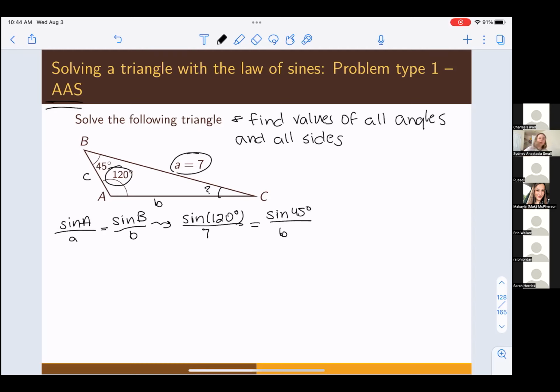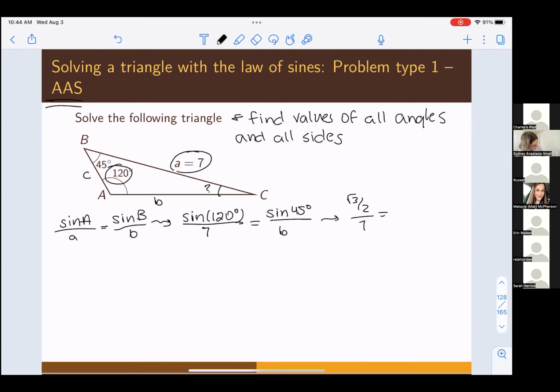You can use your calculator for these problems. That is always allowed because I'm going to want answers in degrees when it comes to angle measure, but I know the sine of 120 and the sine of 45 off the top of my head, so I'm just going to write those out. So this is the same as root 3 over 2 divided by 7